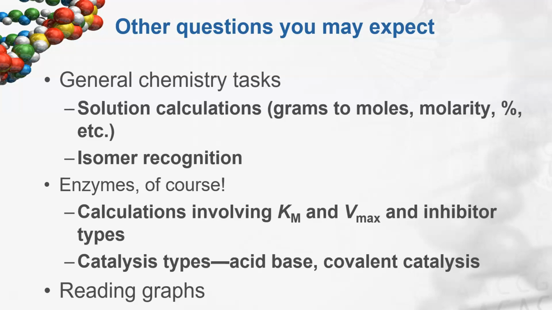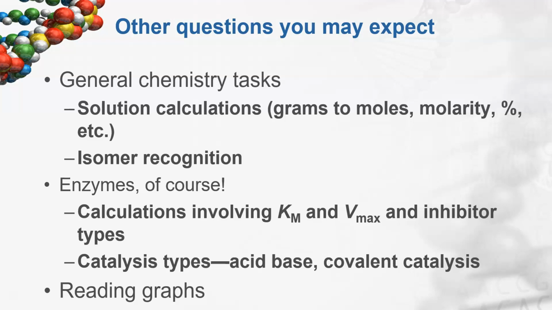There is acid-base catalysis. So acids donate protons, bases accept them. Covalent catalysis, that means you have a substrate or portion of the substrate temporarily covalently bound to the enzyme. You should learn how to calculate Km. So if you're given a Lineweaver-Burk plot, that's the negative of the x-intercept. For Vmax, it's the